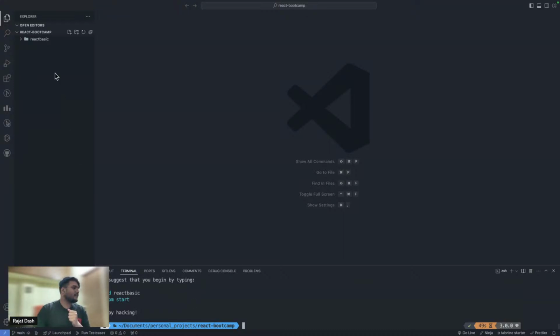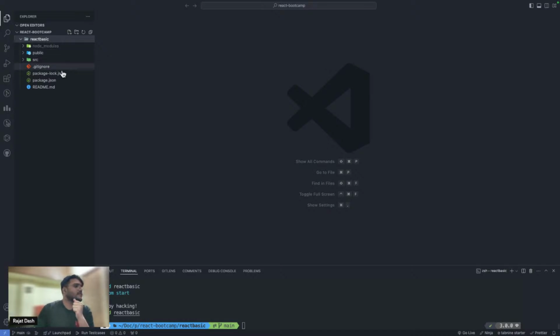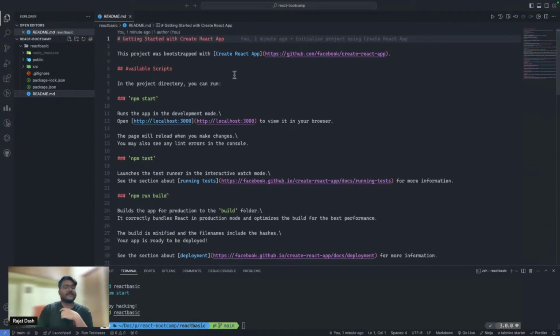So I guess our project has been created. Let's move to our project. Okay. So now you can see some files are there, right? We have our node_modules, public folder, src folder, .gitignore, package-lock.json, package.json, and README.md. Okay. I would suggest whenever you create a project, please create a good readme about it so that the next developer who works on that project, or if you are showcasing your project and someone is going to view it, they will get an overview of the project through the readme. Okay. So whenever you create a project, create a good readme about it.